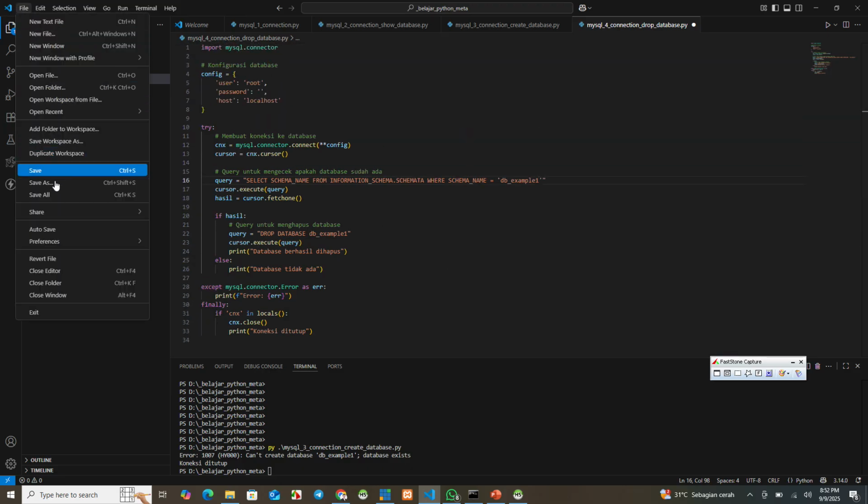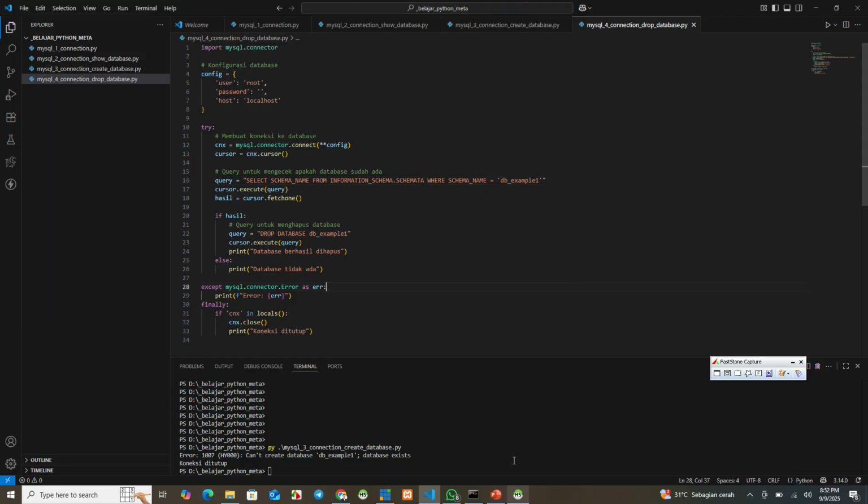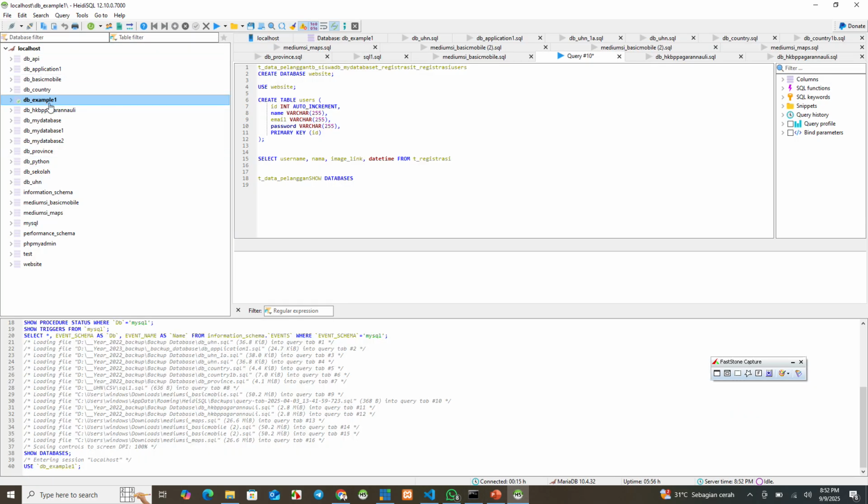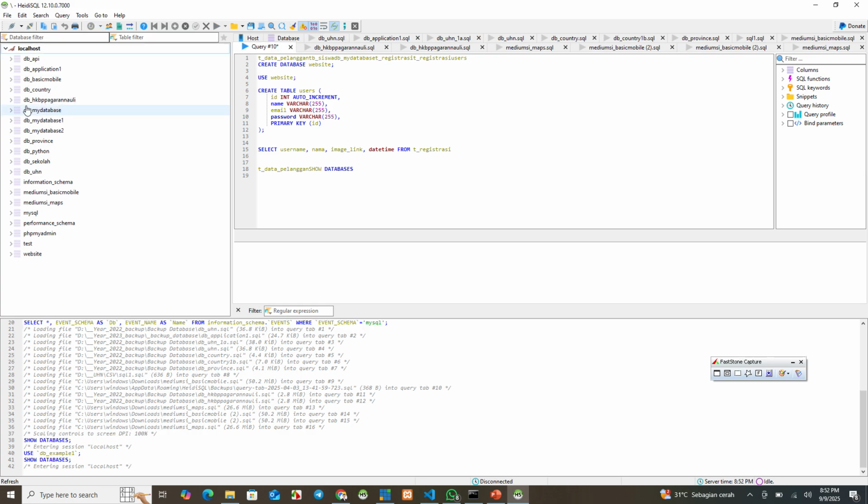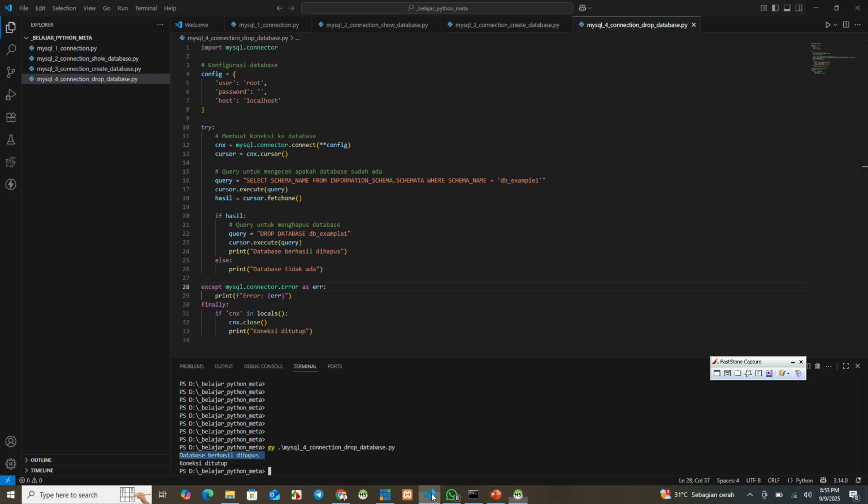Okay, copy, save. Now we run the script. This number 4. Okay, database berhasil dihapus. You can see this one. We run, this will be deleted. Okay, it is gone. DB example1 we have removed from MySQL.